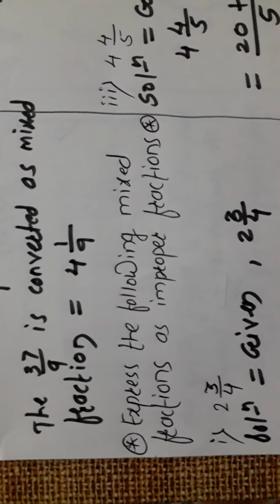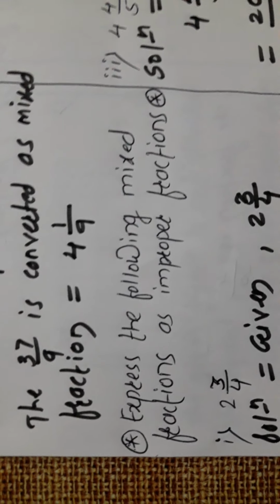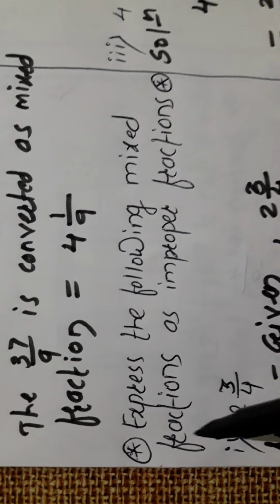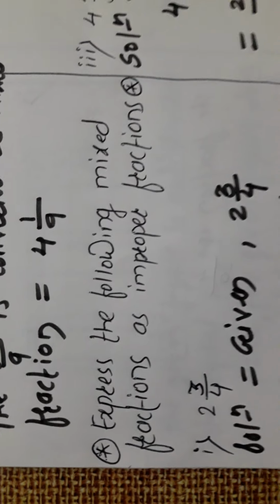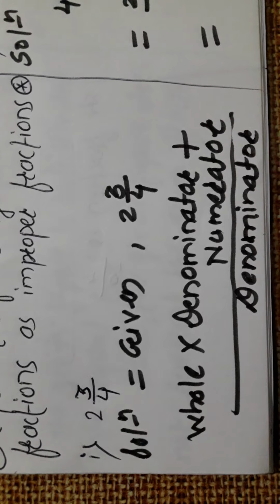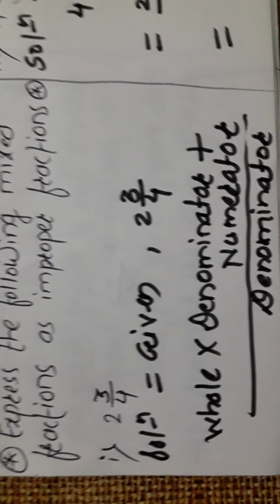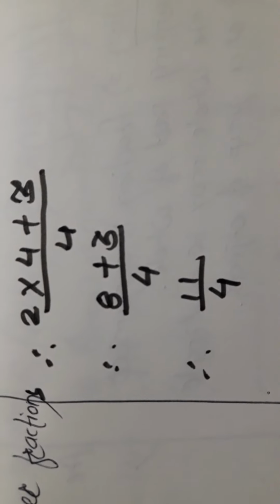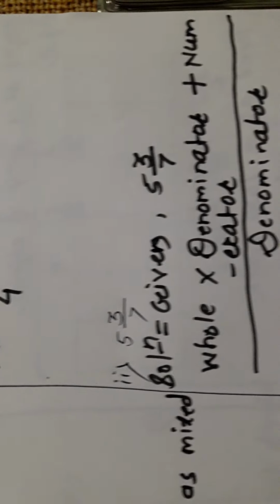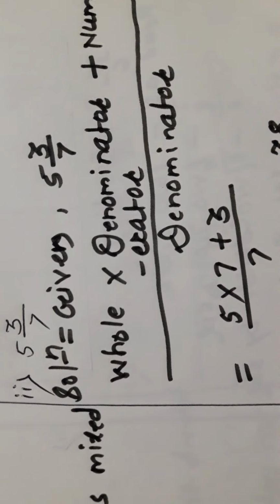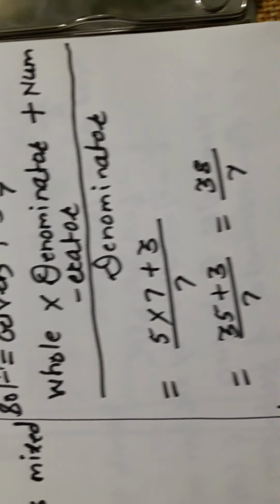After that I showed you the next type of example, that is, express the following mixed fractions as the improper fractions. Suppose mixed fractions are given to us and we are going to convert them into improper fractions, then how to convert? For this, there is one formula and you have to apply this formula while solving the examples. According to the formula, how to put the values, I had shown you 3 examples. No need to write this formula again and again. Once you understand this formula, there is no need to write it again and again.